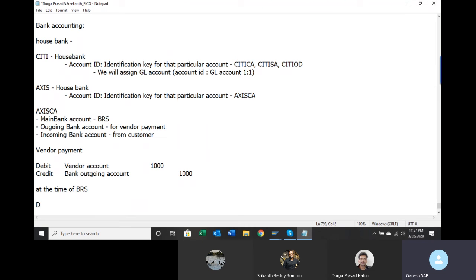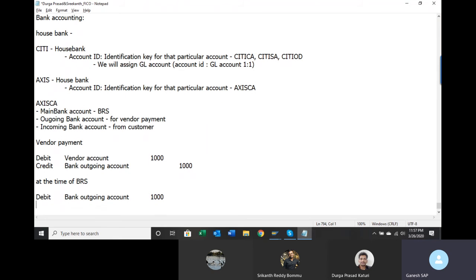So now you debit bank outgoing account 1,000, credit main bank account 1,000. So your outgoing bank account here is debited, here credited, so that gets nullified. The ultimate entry would be vendor account debit, main bank account credit. So this is required. Whenever we are bringing any interim account or adjustment account, it is only for adjustment. At a later point of time, that value will become 0. It will not have any value.